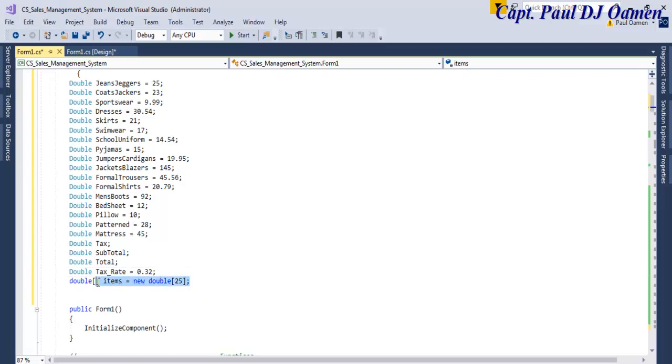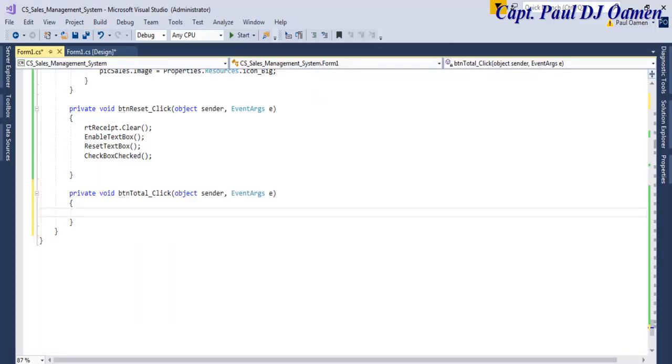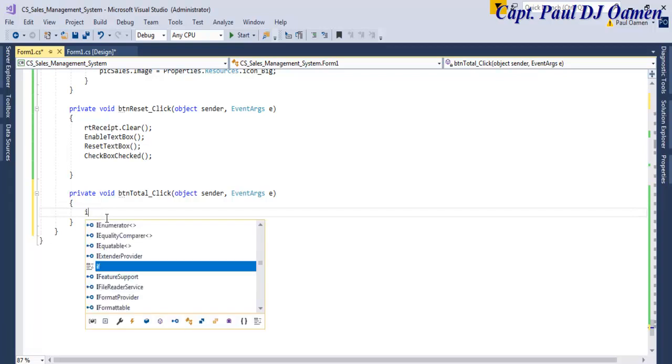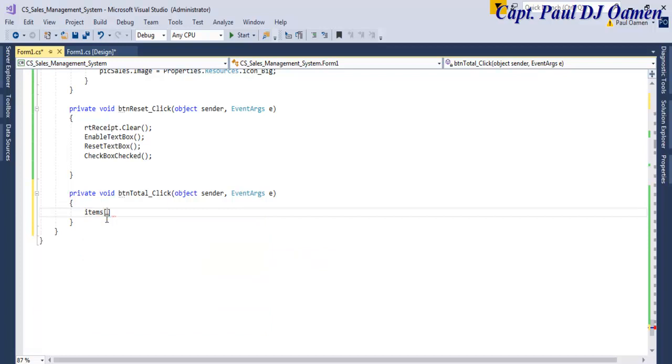And I also have an array here. Okay, with the array I'm going to be adding all of these onto the array. Good. So the next thing is, let's go straight into total itself. Right inside the total, let's say item, because that's the name of my array. Item square bracket 0 equals, let me go for